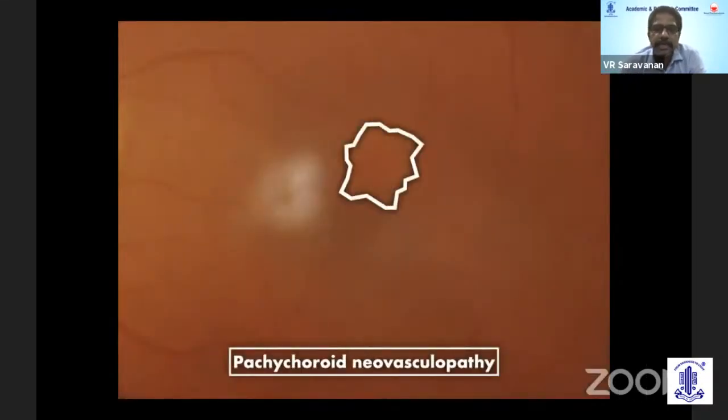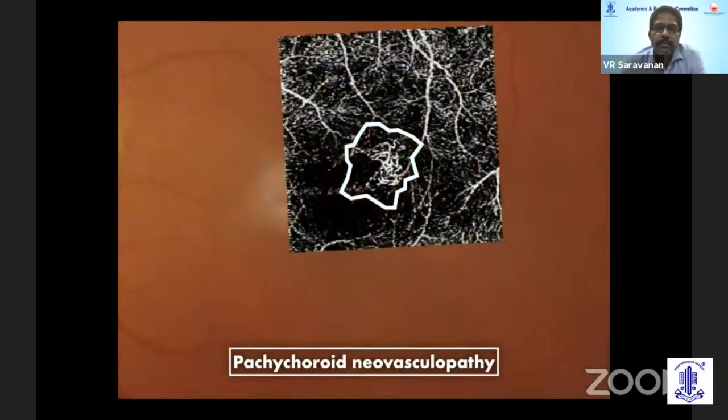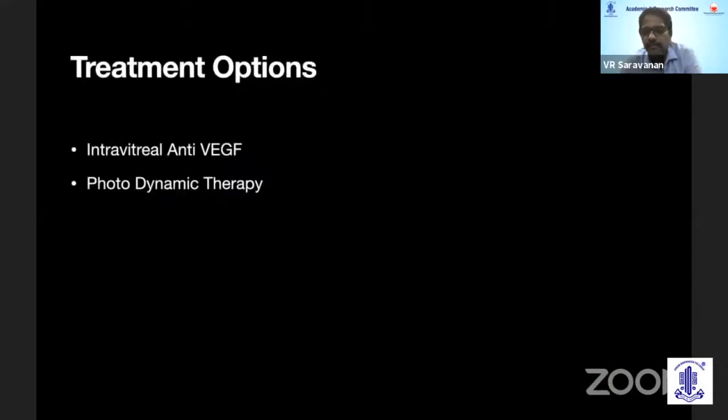This is the area of PED on a clinical photograph, and this is the OCTA superimposed on the fundus image. You can see that the network is sitting right underneath that shallow PED which you visualized. So we have a lot of indications for doing OCT angiography, but I feel this is one of the very critical indications to make a diagnosis, because FFA and ICG angiogram do not clearly give you a picture of these vessels. In this patient, we finally went on to do photodynamic therapy.